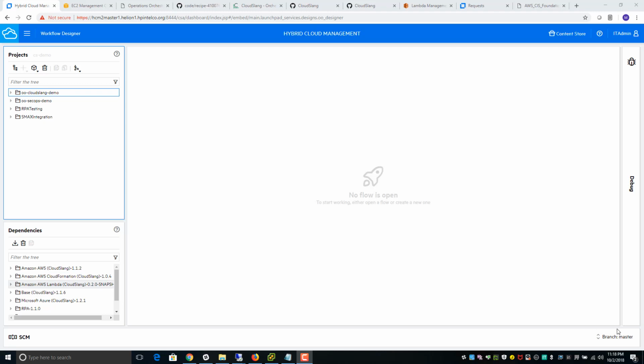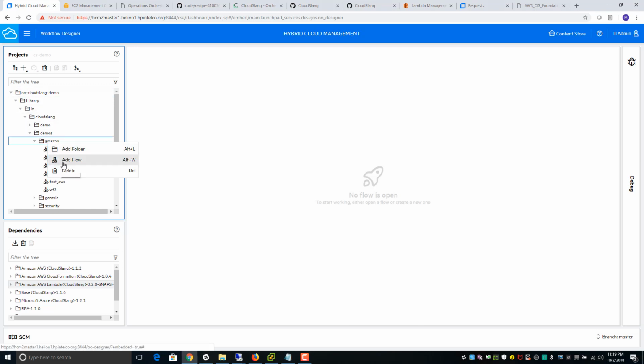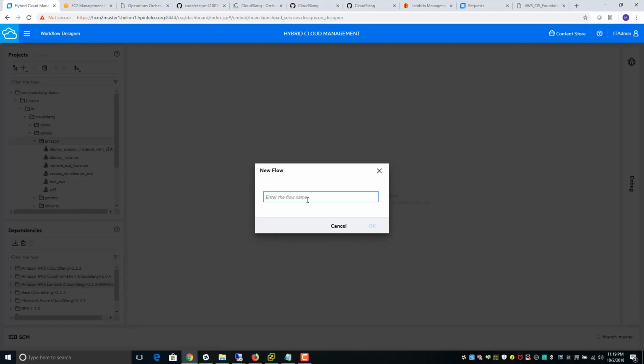Hi everyone, today I will be an IT Ops in charge of deploying a brand new application for a developer. For that, I need to automate a process, and I will use Operation Orchestration with a new Web Studio to do that. I will go to my project and create first a new workflow, a brand new flow. I will name it EC2 deploy app,